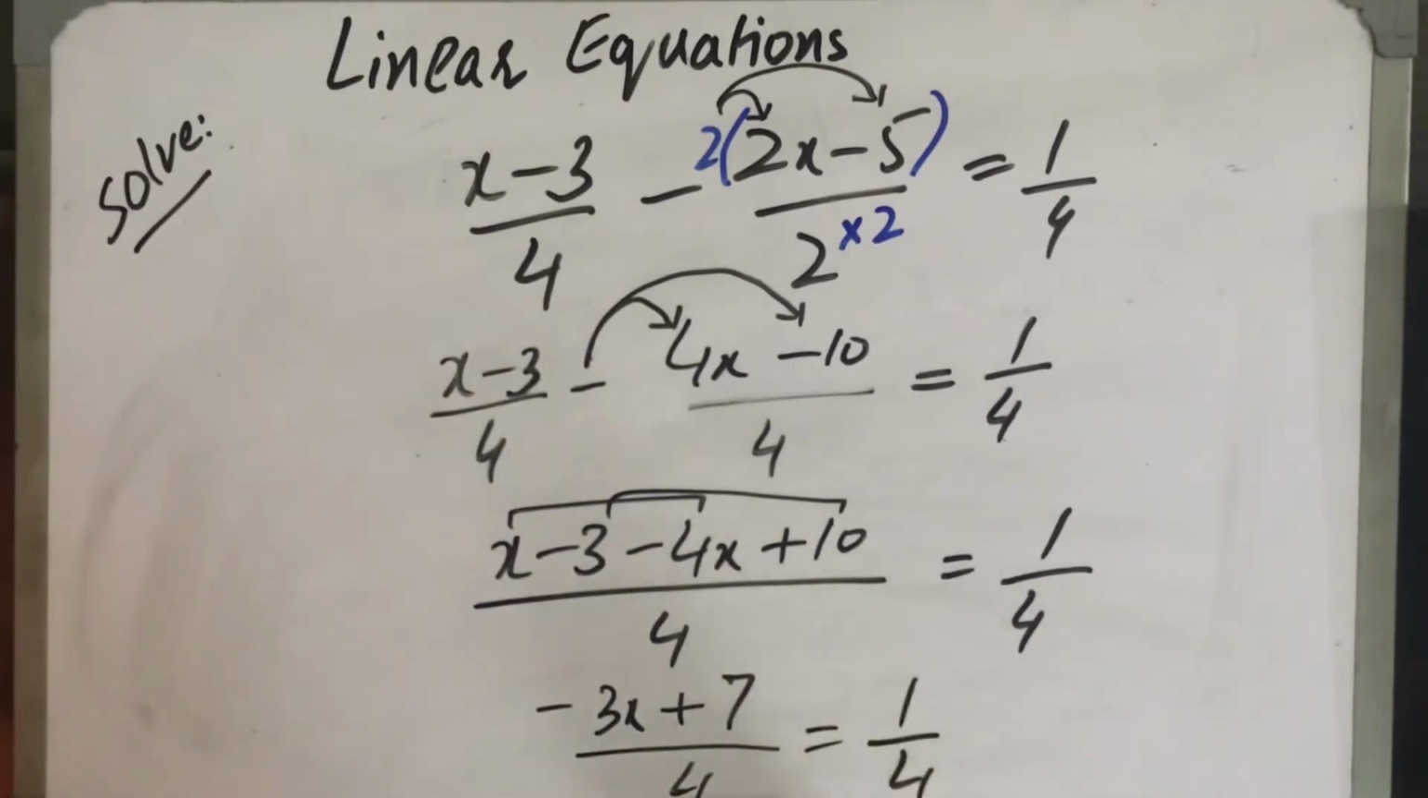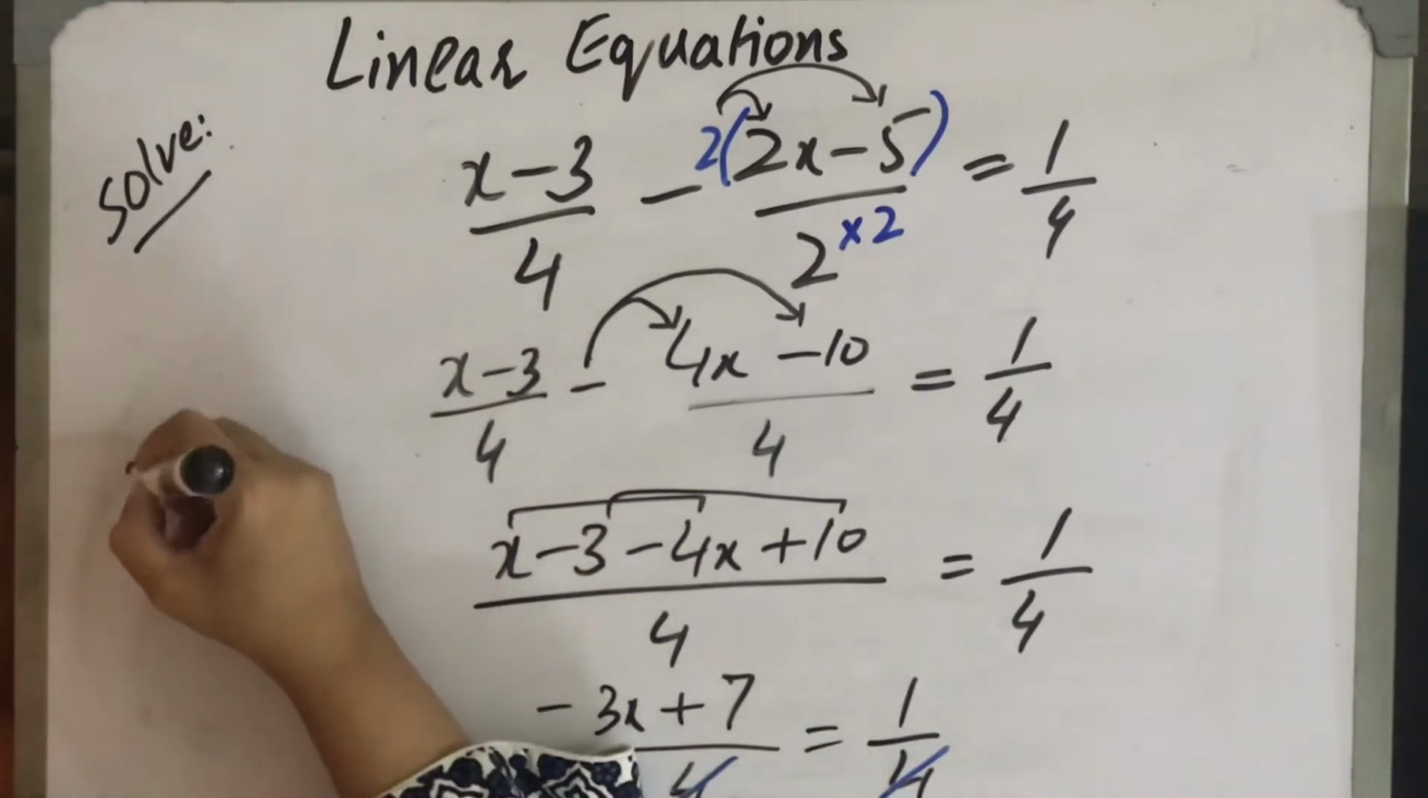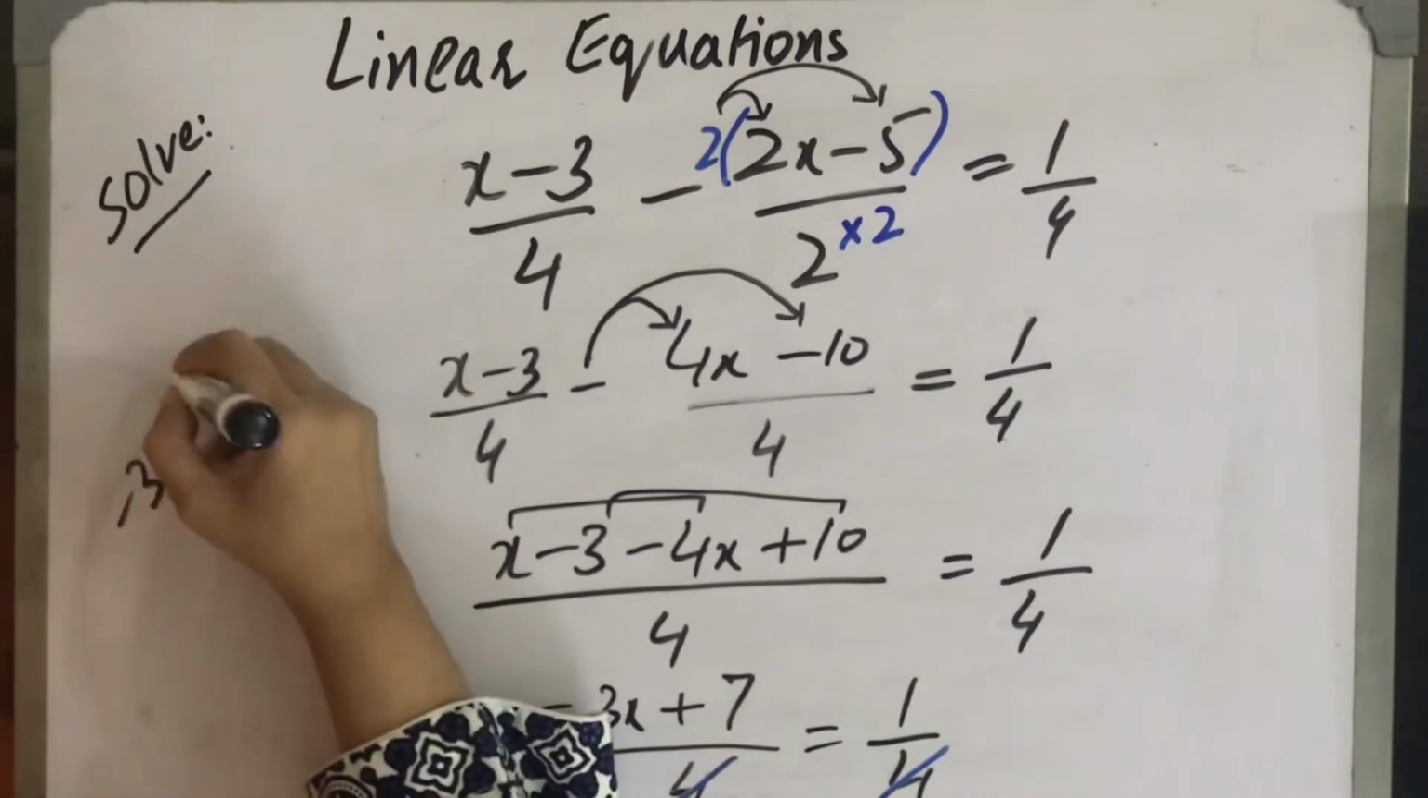Now I can cancel this 4 with 4, as there is only a single denominator on both sides, and we can cancel the denominator with the denominator. Or I can multiply this 4 with these two terms, 4 with minus 3x and 7, 4 with 1. In both ways I shall have the same answer. So here I have cancelled this 4 with 4, and I shall take this minus 3x plus 7 equal to